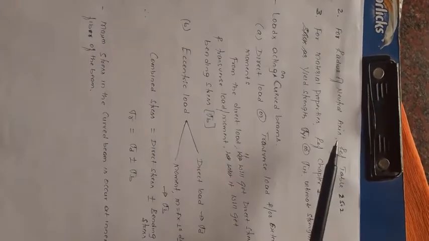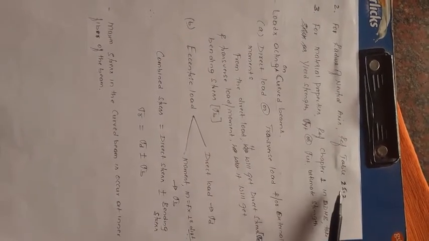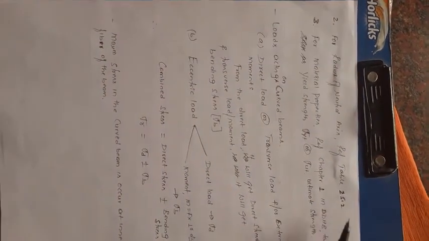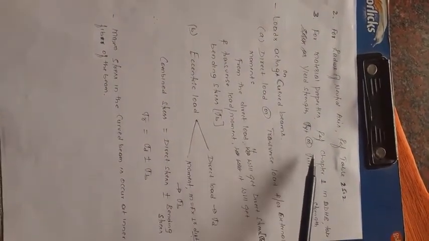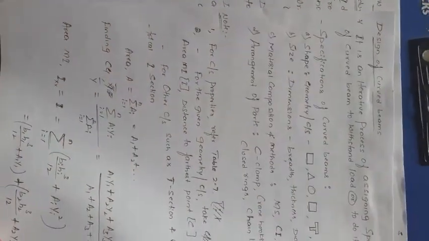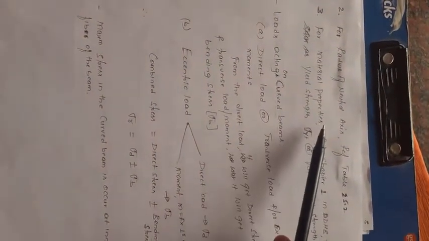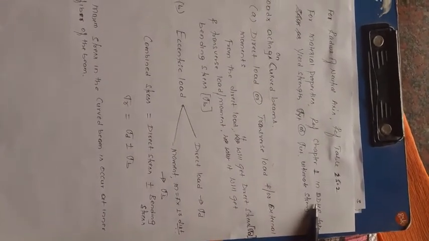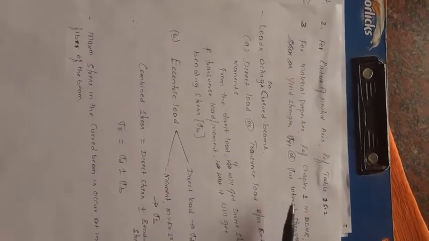Now for the radius of the neutral axis, how do you get it? By referring to table 25.2, right? Then for material properties, you know the geometrical property, right? The geometrical property, and then the size you will have to determine. Then material composition and methods, how do you get the material property? If a metal is given, then refer to chapter number 1 in the Design Data Handbook and take the yield strength and ultimate strength, right?